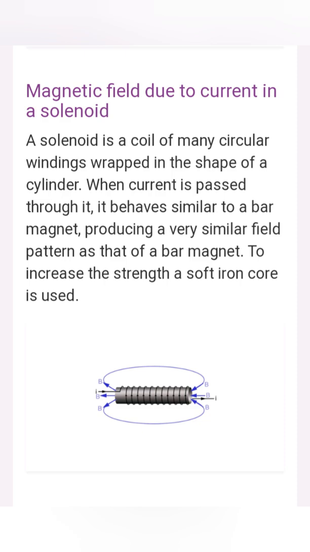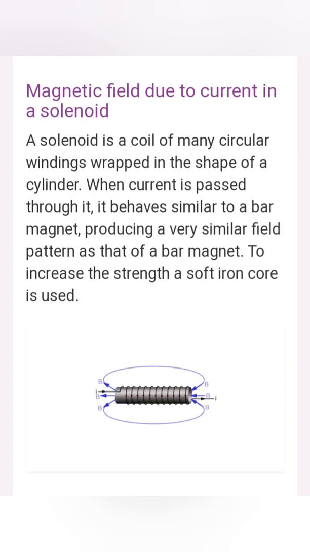Now coming to the third pattern, that is the magnetic field due to the current in a solenoid. First we will see what a solenoid is. Take a pencil and an insulated copper wire. Wind the copper wire around the pencil. Leave the two ends free and connect them to the battery. We will see this starts working like a bar magnet. You bring any iron or steel substance, like pins, to it, and it will start attracting towards the solenoid. So this behaves like a bar magnet.